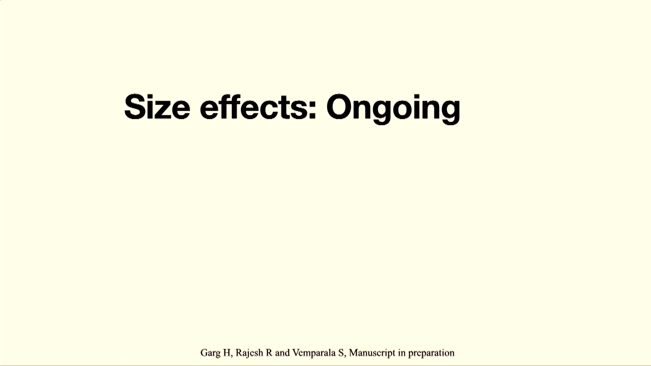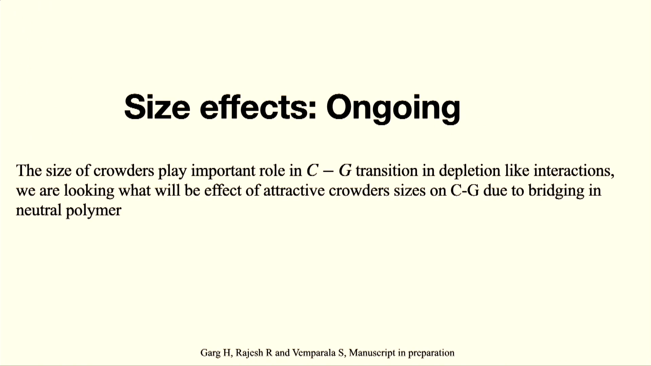What we are going to do further, since we have seen that the crowder size is also playing a huge role in making this transition happen, is study the effect of the attractive crowders. People have studied the repulsive crowders in depletion effect, and showed that the smaller the size of the crowder, the better the depletion effect, or the depletion effect can be achieved at a lower density. So we want to see the effect of these attractive crowders on this CG